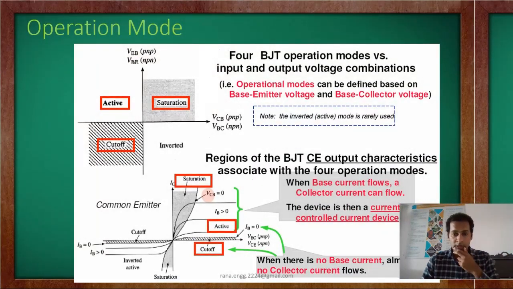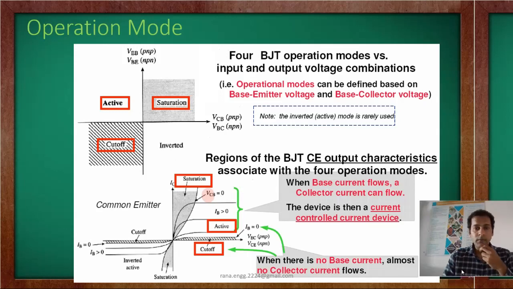Now the operation modes, let us revise them in another way. We have 4 regions: saturation, active, cutoff and inverted. Inverted is the 4th region, we can say. It is in the reverse bias condition. This one is for active, saturation and cutoff in this particular segment we have seen. And if we go to the 3rd quadrant, the behavior of the transistor will be inverted active. That we will see when we get the actual application, but you should keep this in mind also.